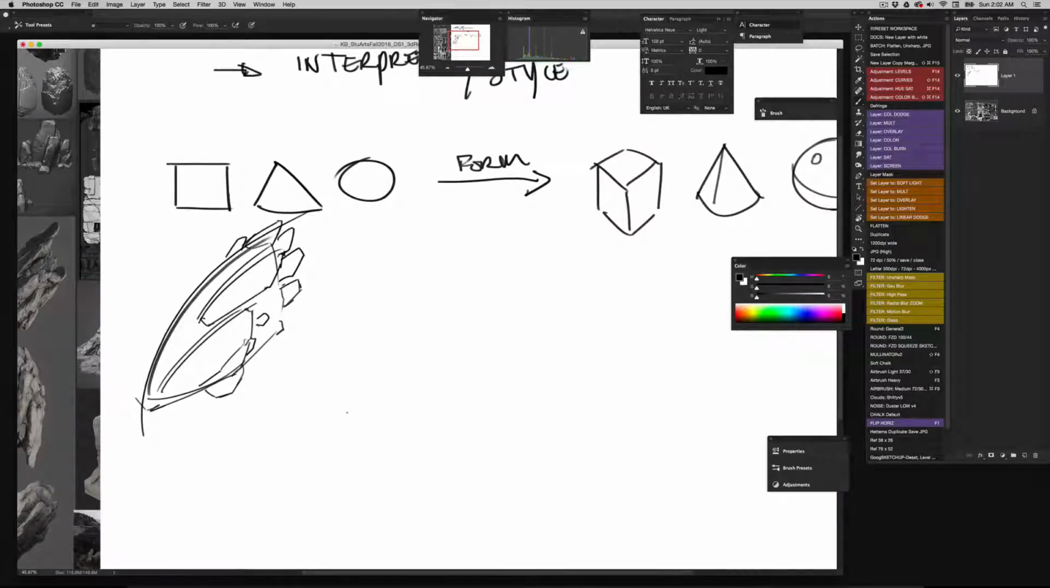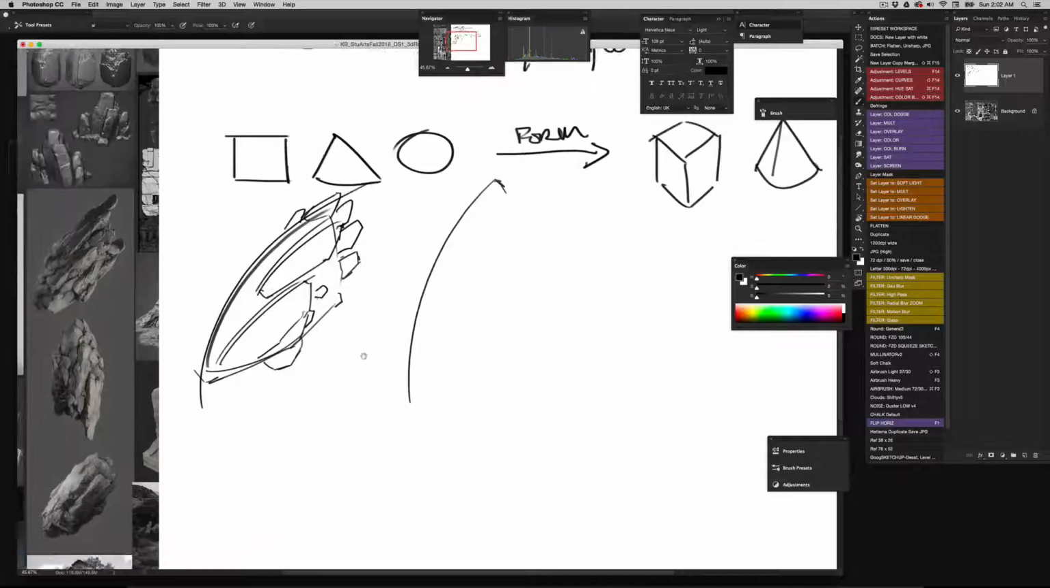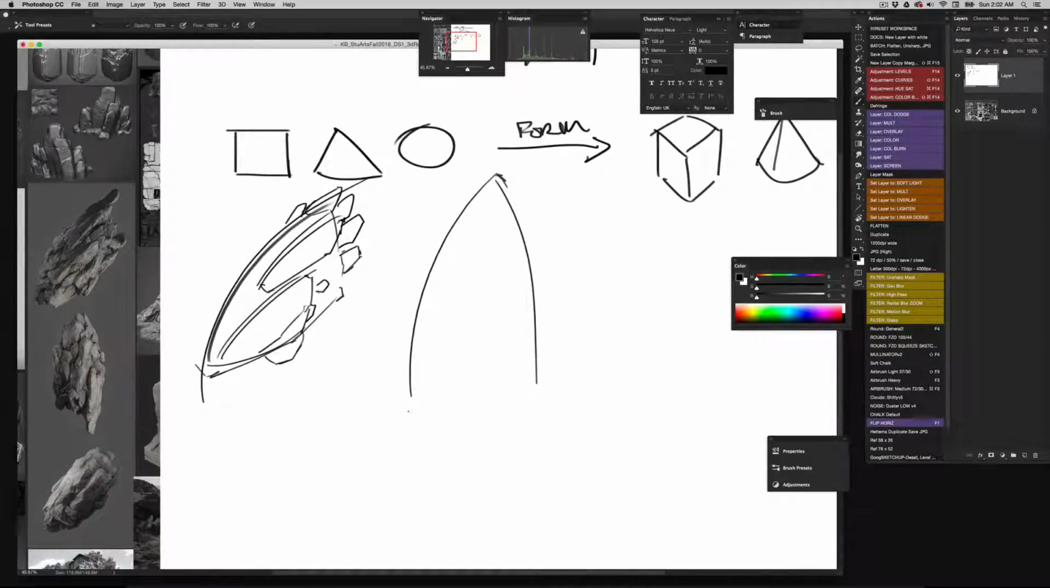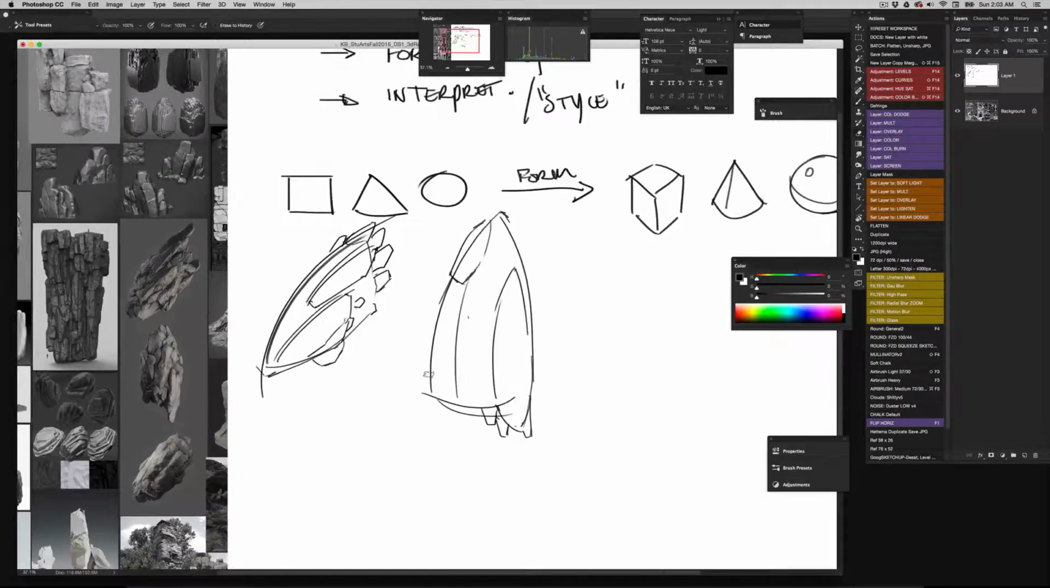So maybe we have more of a vertical one, right? Like that one below it. Same thing, figure out what the overall shapes are. So I might, oops, just realized I'm drawing on white, so I'll have to